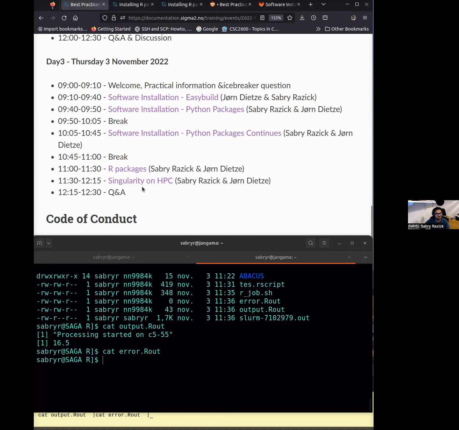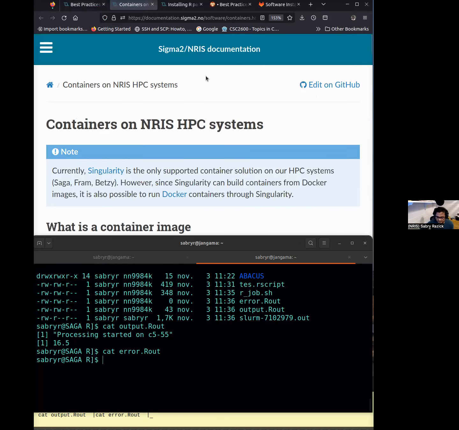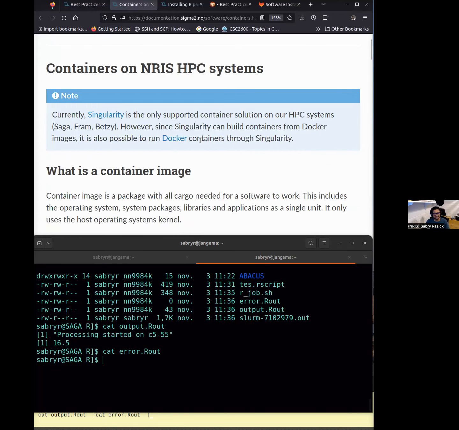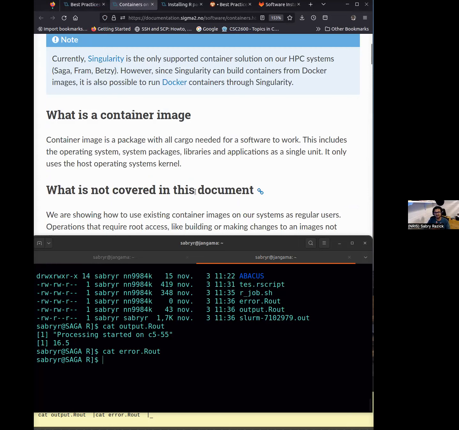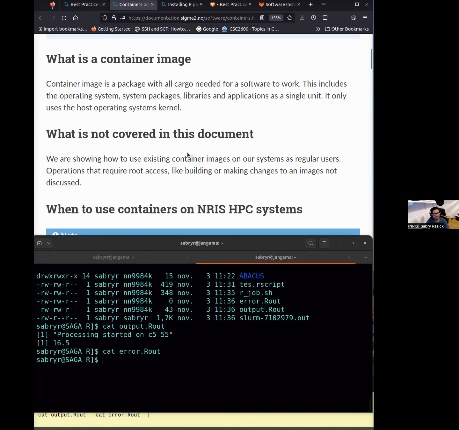So from the first course page, I'm going to close this R section and go for Singularity. I will introduce some concepts, and then Jørn will show us a joke. So these are discussion points. There are more opinions in the beginning of this lesson than scientific facts. So we could have this in the HackMD if you have different opinions. So we can include this in the course page later on.